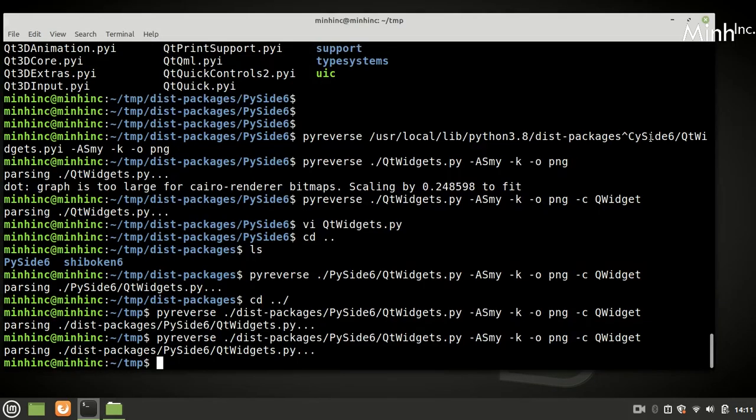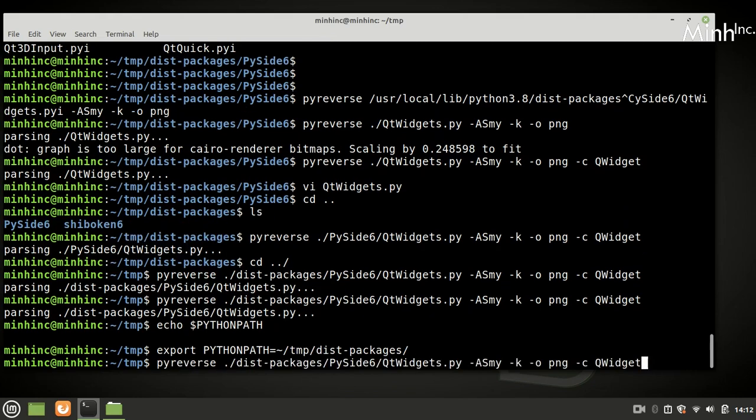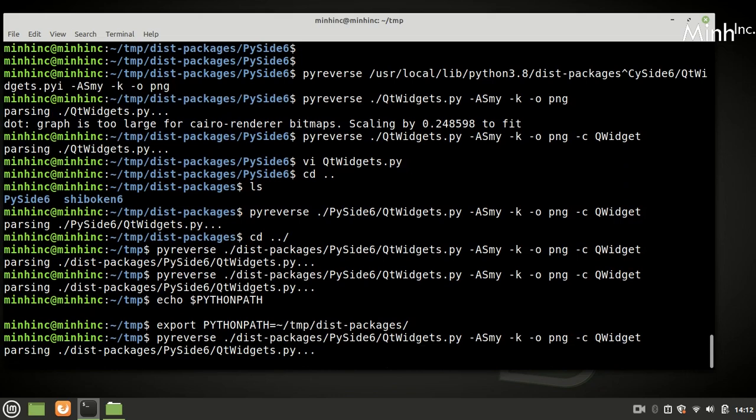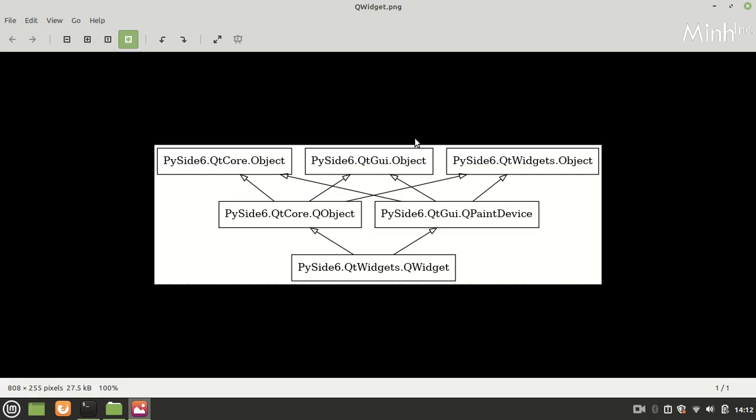So we have to set the Python path. Export PYTHONPATH. Right now it is nothing. Export PYTHONPATH equal to /tmp. That's it. We try again. Okay, so it is better now.